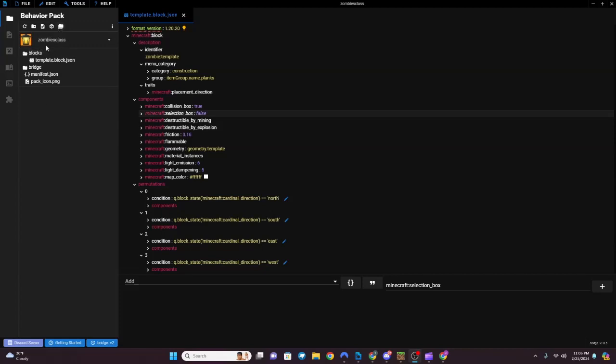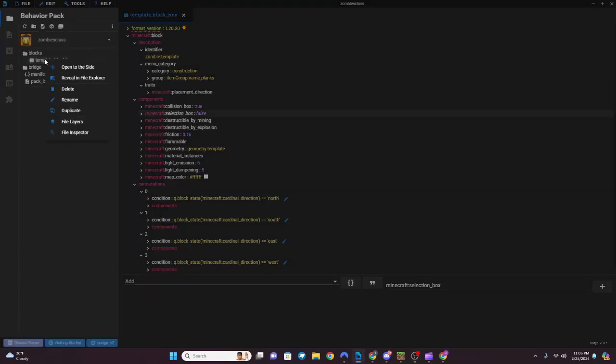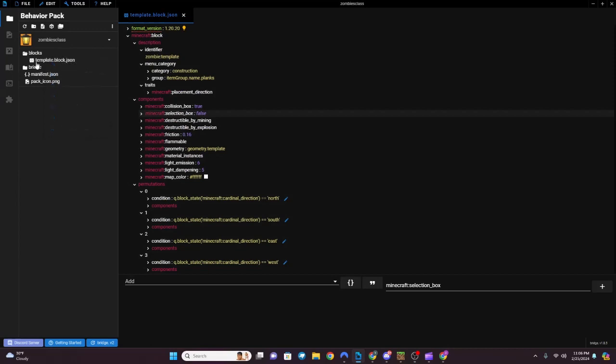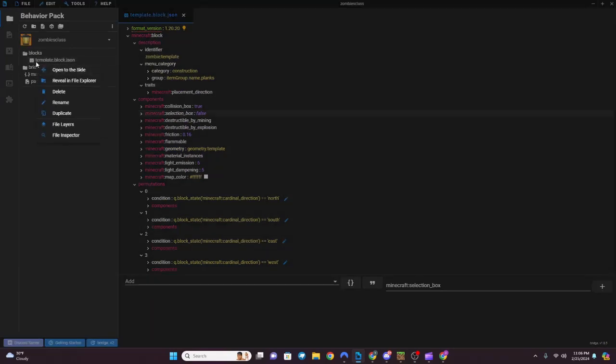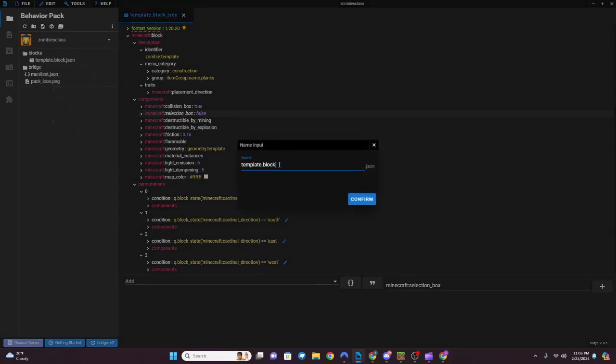So we have our pack. I'm opening it up. My pack is named Zombie Class. Your pack could be named whatever you want. This is our template right here. We are going to make a duplicate. So we're going to right click on here, click duplicate, and then let's make a